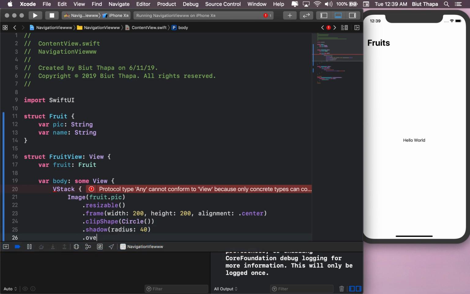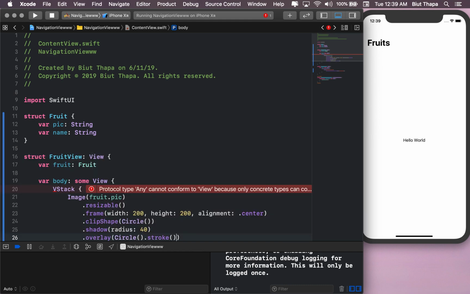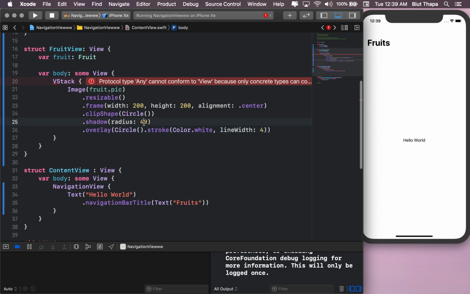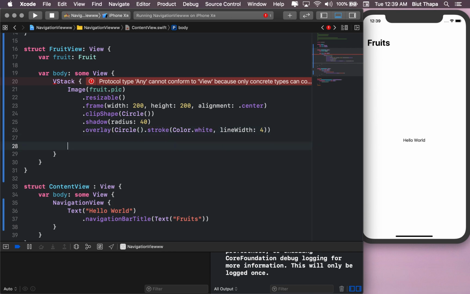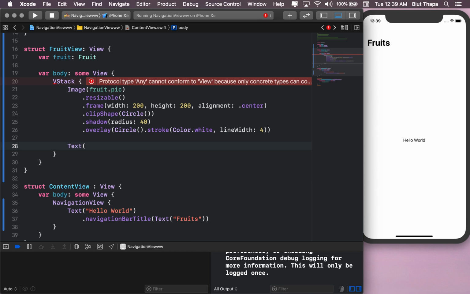Finally, an overlay. Circle, stroke, color dot white with line width of 4. We're done with the image now. So finally, let's just put in here the text. Fruit dot name, yeah,